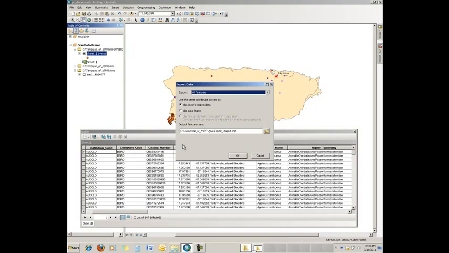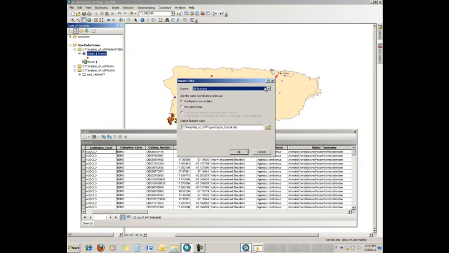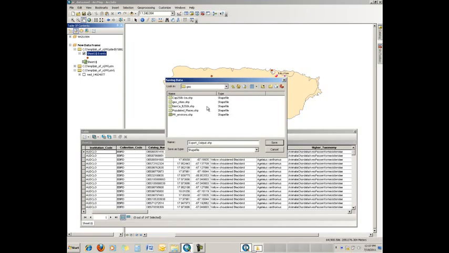Pick that. And inside this dialog, it allows you to export all features or a selected set. It also asks you about using this layer's source or the data frame. So if we wanted to project it to the data frame at this time, we could. Instead, let's just use the data layer source. And we give it a name and an output location. So we go click here, and we're going to put it inside eBird, and we're going to call it